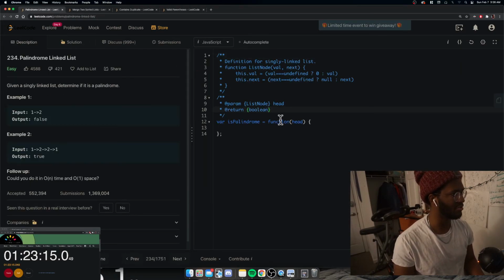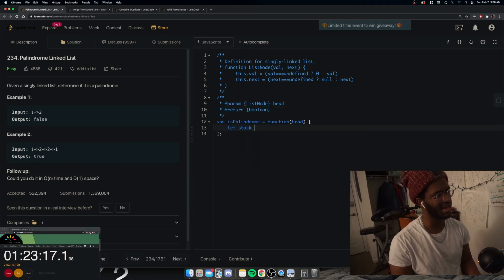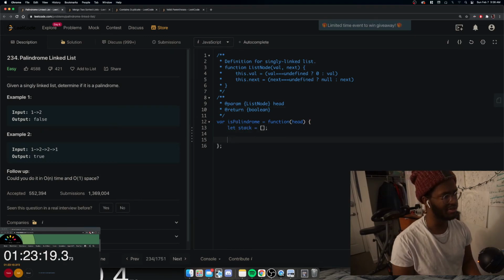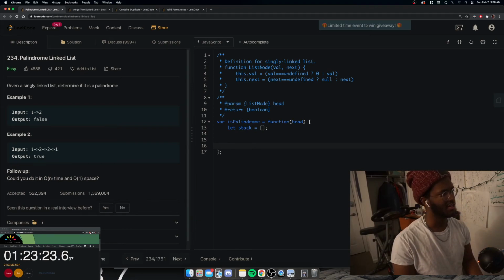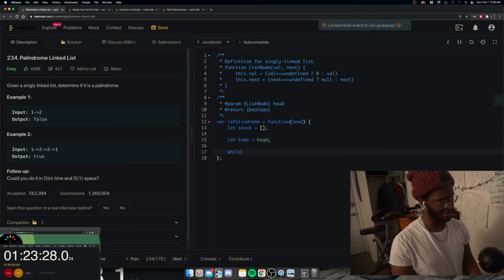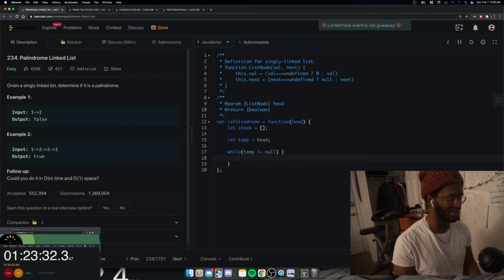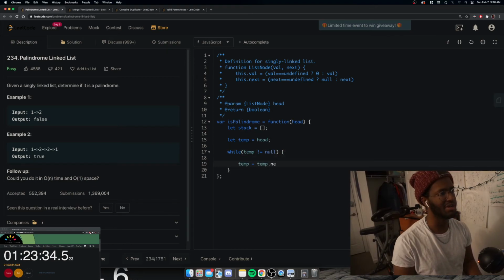Given a singly linked list, determine if it's a palindrome. You can do this with a stack. We're going to add elements to the stack, and when you pop elements off the stack, you're going to get them in reverse. So what we're going to do is say let temp equal to head. We're going to iterate through the list once, just to make sure that we add elements to the stack. So temp is going to be equal to temp.next, and then we're going to say stack.push